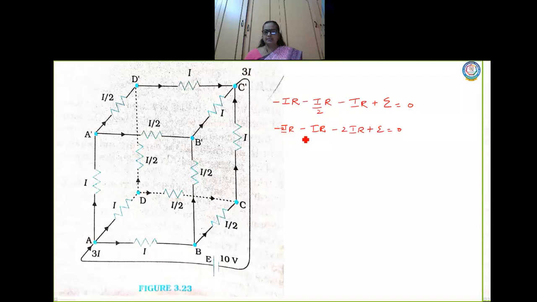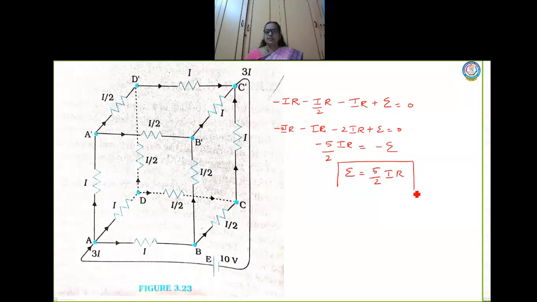So minus 2 minus I, so this will become minus 5R. Minus 5R equal to, oh, here I2 also I missed, so it is 5 by 2, this 2 which I left, so 2IR, 2IR all divided by 2, so it is minus 5 by 2 IR equal to this psi. When it goes to the opposite side it becomes minus psi. So now psi will be 5 by 2 I into R.